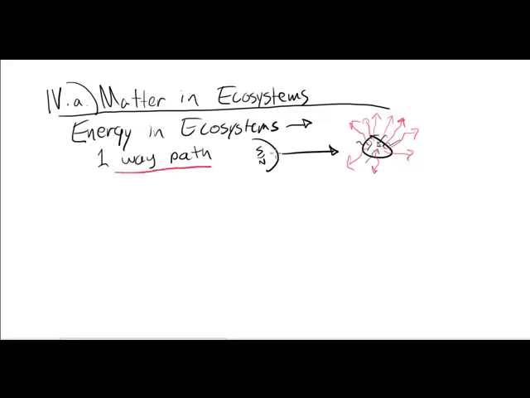It enters extraterrestrially from the sun, and eventually, after life slows it down and grabs onto it for a little while, it leaves our planet as heat. As opposed to matter in ecosystems, and this is profound, hold on to your seat, matter in ecosystems is a cycle. With the exception of a few molecules that might escape Earth's gravity out in the exosphere, the atoms